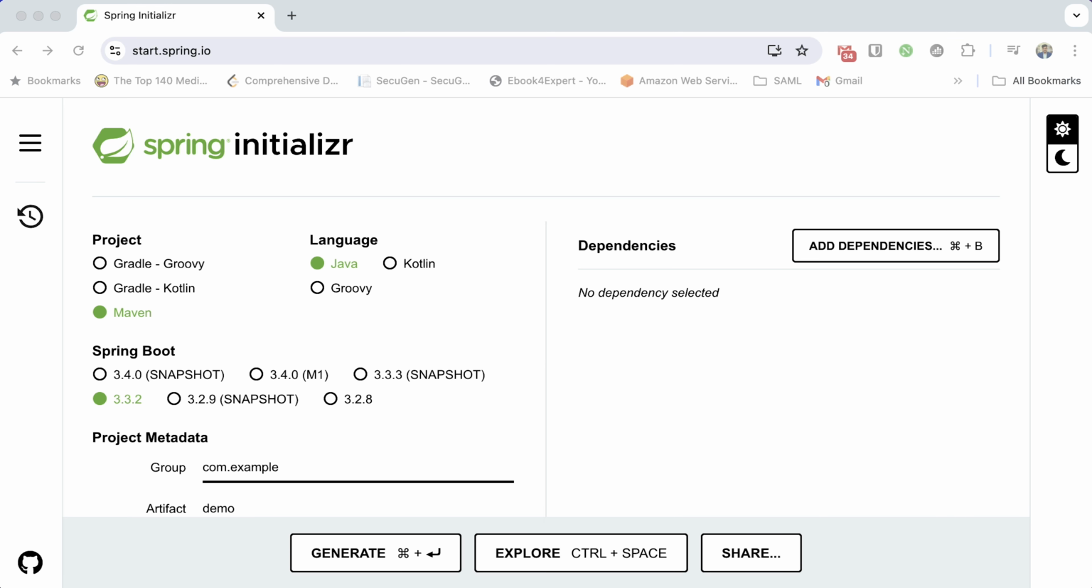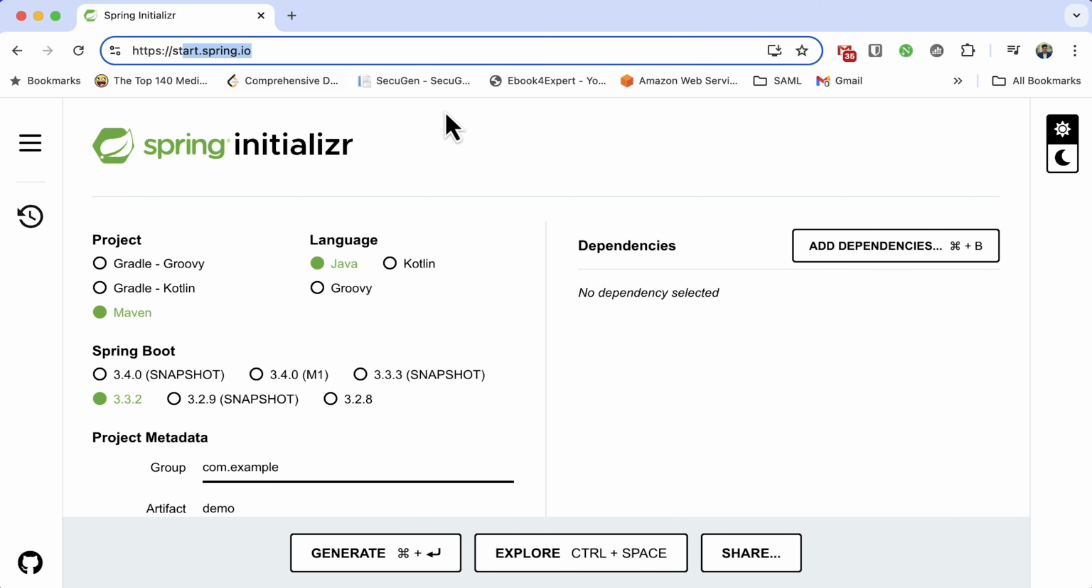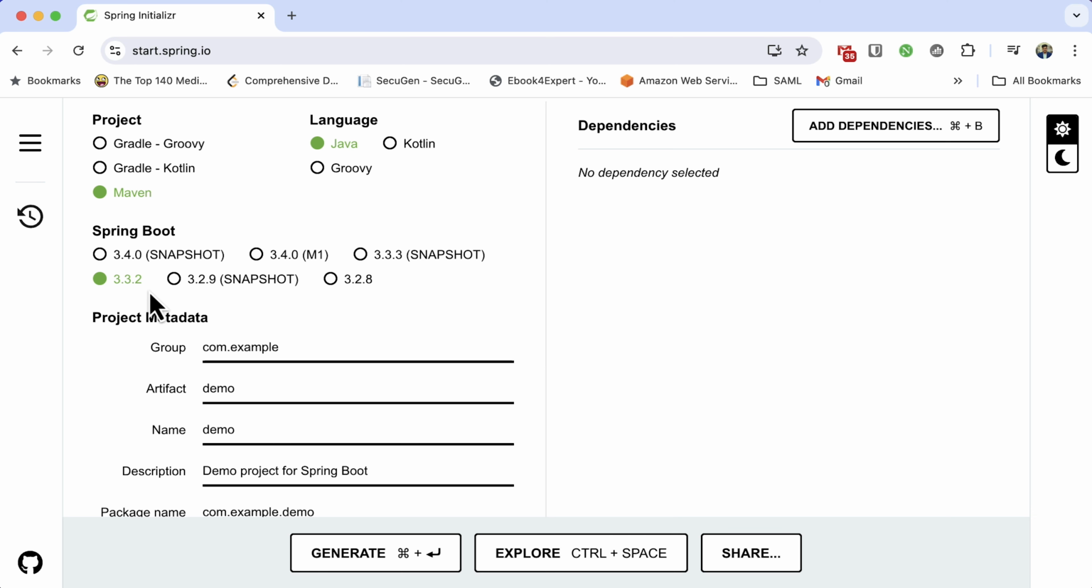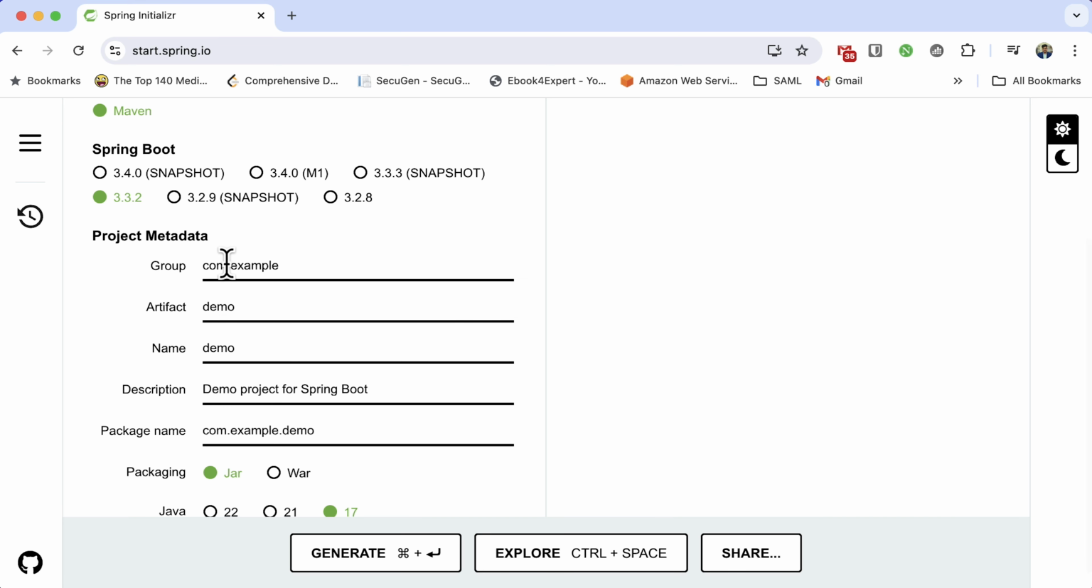We will use Spring Initializr to quickly set up the project with the essentials. First, head over to start.spring.io. Here I am going to use Maven project, and for the Spring Boot version, the latest version at the time of this recording is 3.3.2. Then the group ID, let's give it a name, learn with Iftikhar. Then artifact, native query,